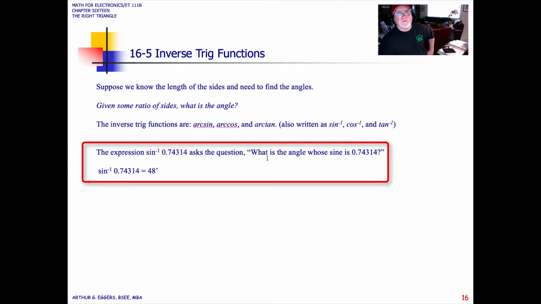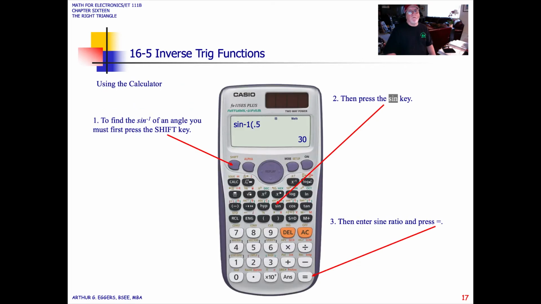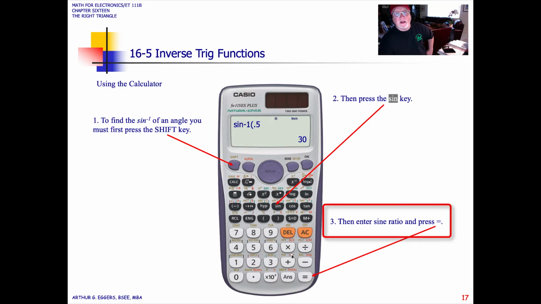So the expression inverse sine of 0.74314 asks the question, what is the angle? On your calculator, you would enter that value, hit the inverse sine, and boom, what you would get back is an angle of 48 degrees. Using the recommended calculator here, you can see the keystrokes it would take to calculate the inverse sine. To find the inverse sine on this Casio, you would first hit the shift key, and then the sine, which activates the inverse sine, and you will get sine to the minus 1 with an open paren. Enter the sine value, in this case 0.5, and when you hit the equals key it feeds back